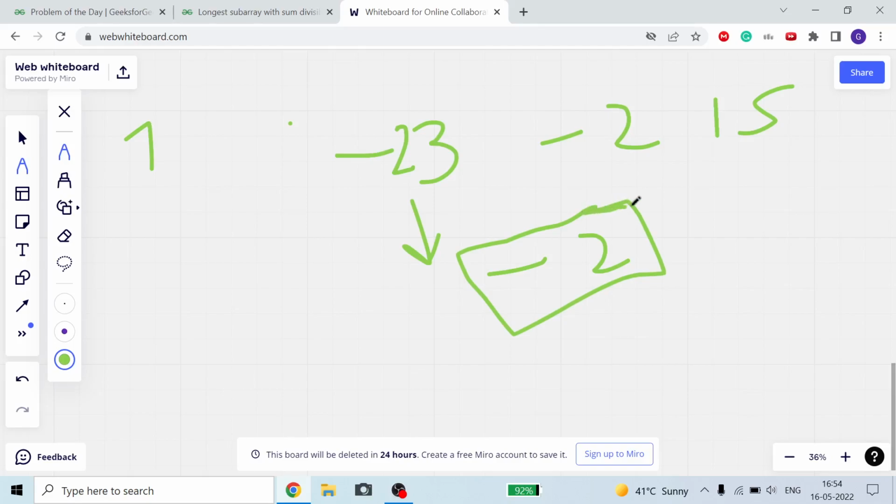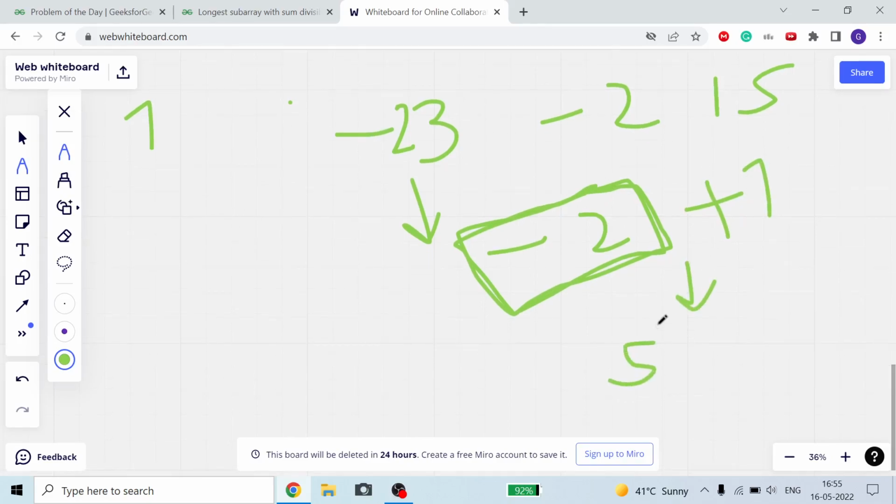Now for this minus 2, I cannot handle a negative remainder, so after taking modulo I will add 7 to it, and it will give me 5. Because we usually don't use modulo with negative numbers, after getting the modulo I just add k once, and then it is my modulo as a positive number.